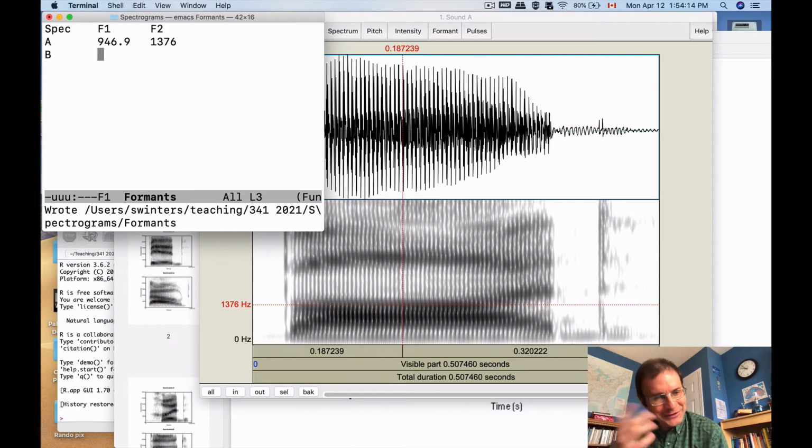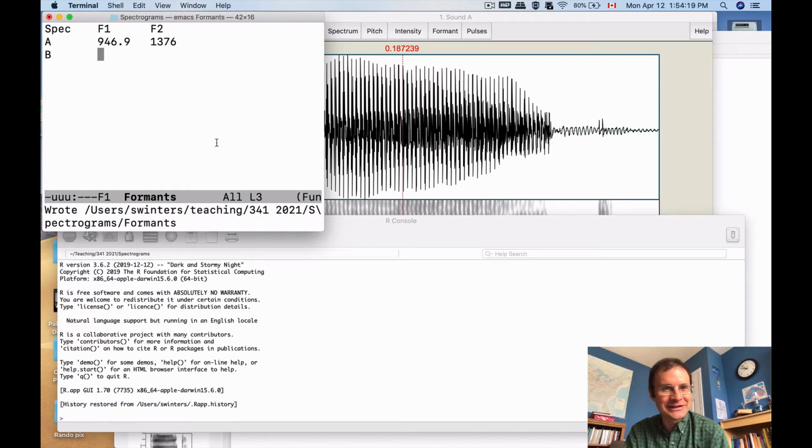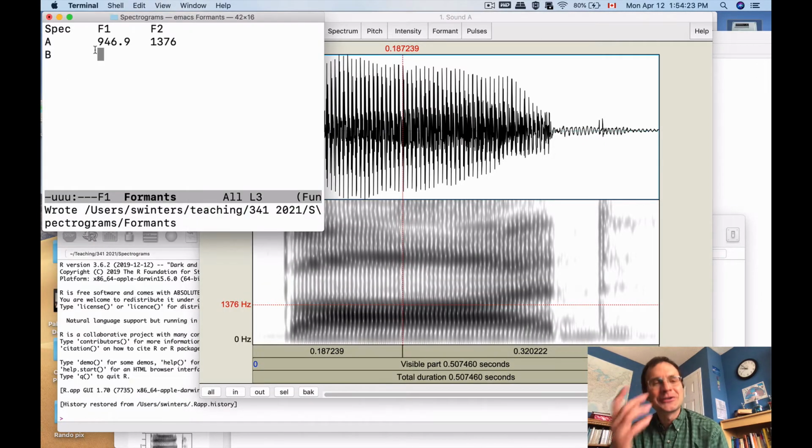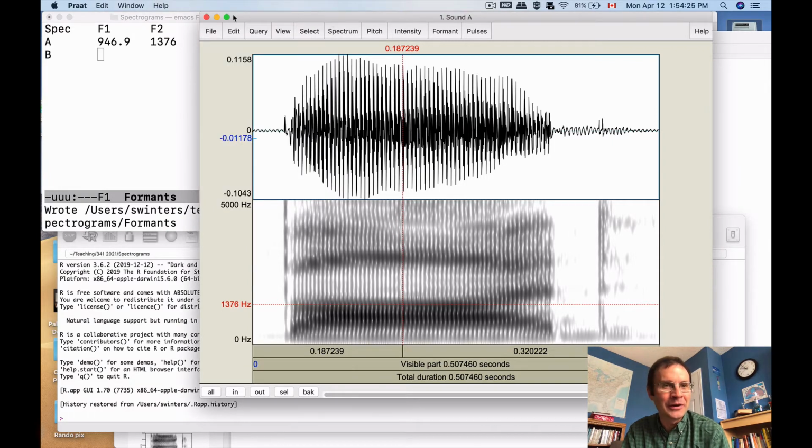I was having a hard time generating the formant plots using this program called R from that, so I'm just going to do this in a text file. You don't have to worry about the technical details so much, but that's what's going on here. I'll show you in a second how you can interpret those. But I'm just going to make measurements of F1 and F2, and I'm also going to stop and pause before I get too far into that